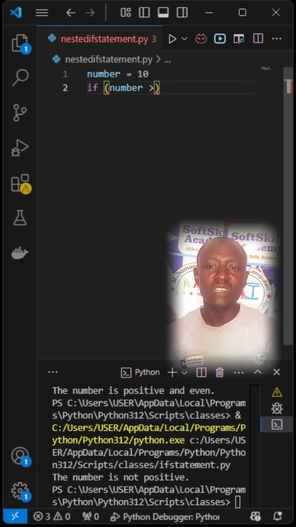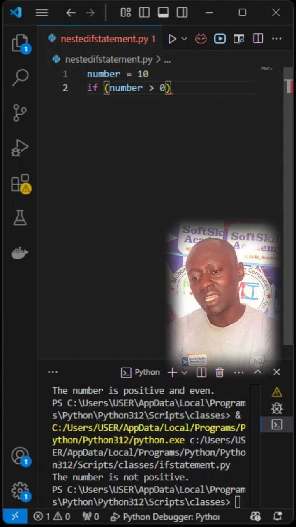Because what we are driving at now is to see how we can predict if the number we have declared on top is an even, odd, or negative number. So is this number in the first place greater than 0? Meaning that if it is not greater than 0, then definitely we know this is going to be a negative value. So if this condition is true, it's going to move to